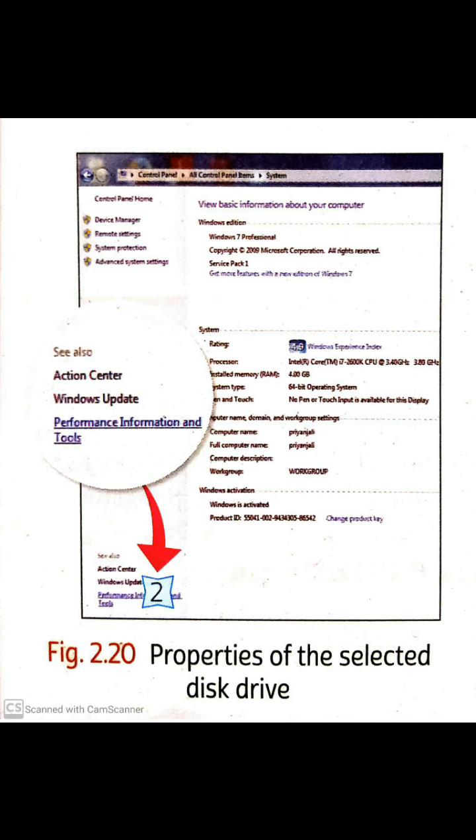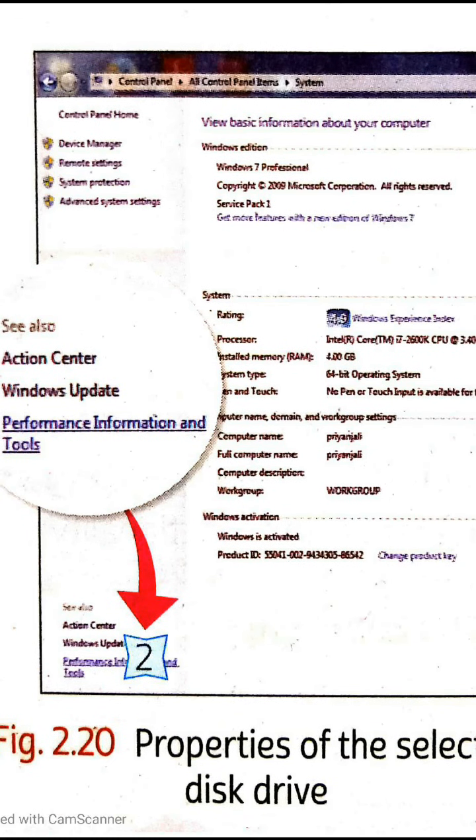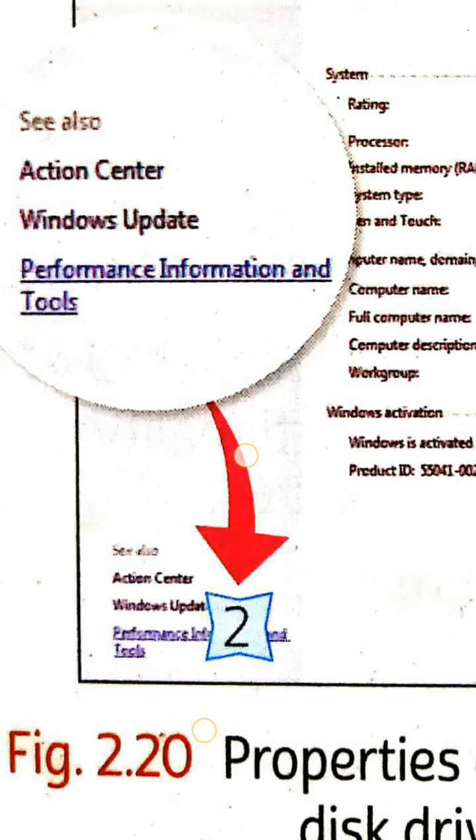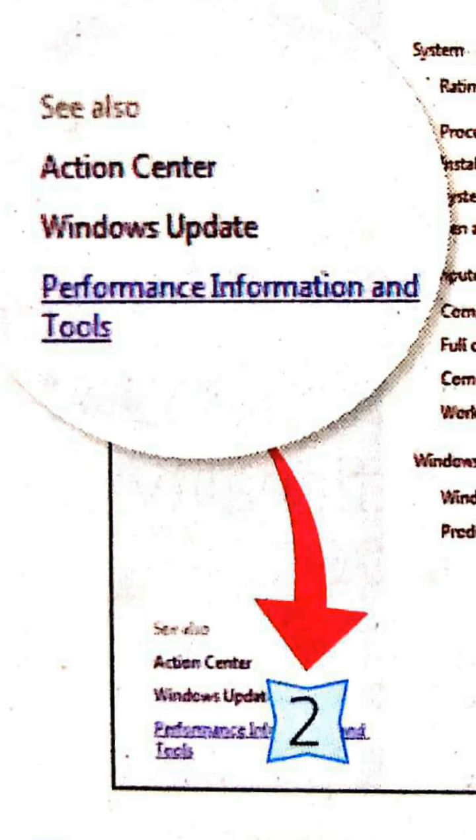One window will open up, as you can see in figure 2.20 in your textbook. Now click on performance information and tools. See, here it is. Performance information and tools.